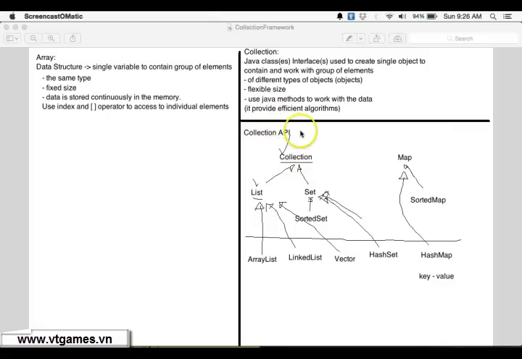In the collection framework, we learned the collection interface, and the list interface is extended from the collection interface, and the set interface is extended from the collection interface. We already learned also the map interface and the sorted map. And right now, in order to demonstrate, we're going to use one of its